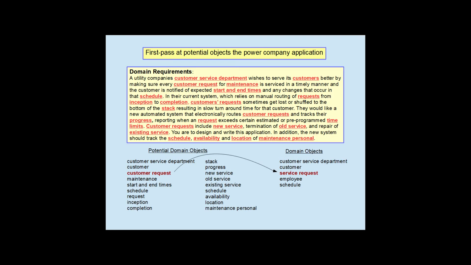Here is a first pass at identifying potential objects from the requirements and then culling that list for those objects which may become objects of the final application. You might ask why the potential domain object customer request was not on the final domain object list. A customer request is a request for service of some kind from the power company, so customer request in the